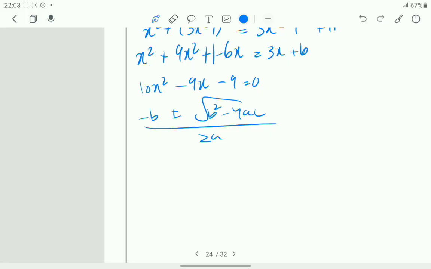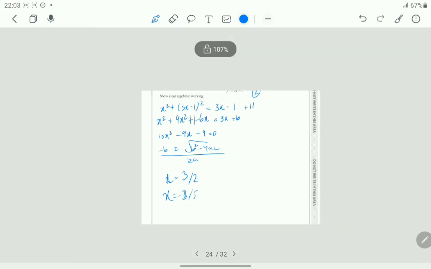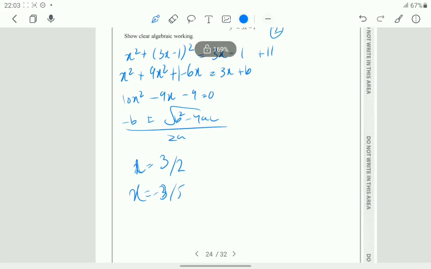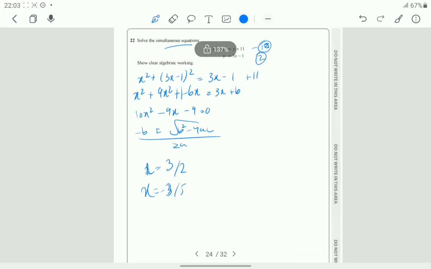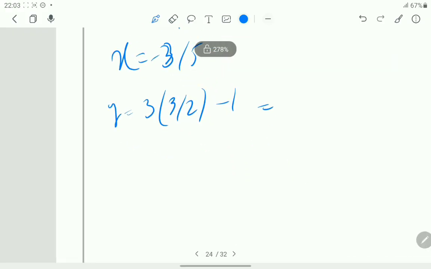10 minus 9 minus 9, and the values for x are 3 by 2 and x is equal to minus 3 by 5, and we need to plug both of these values into the second equation to get two values for y for every corresponding value of x. So y is equal to 3 by 2 minus 1, which gives us 9 by 2 minus 1,